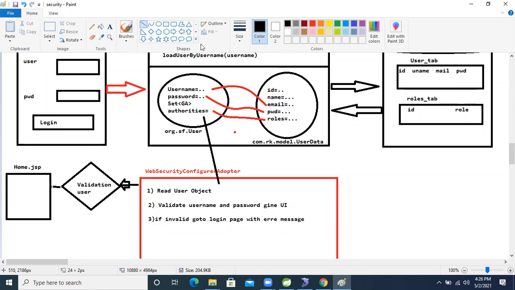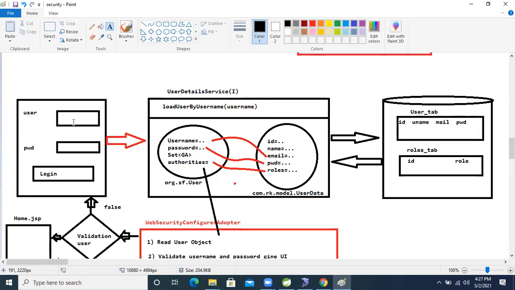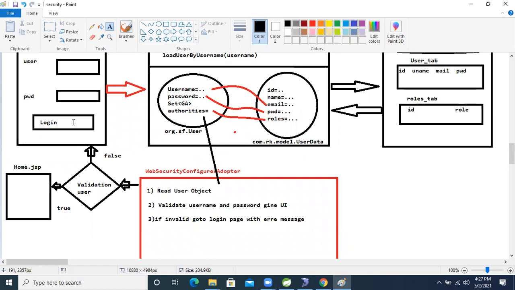If login is successful, meaning the username and password are correct, we will get this page. If the username and password are wrong, it will return to the same login page. If the condition is false, it will come to this page only.